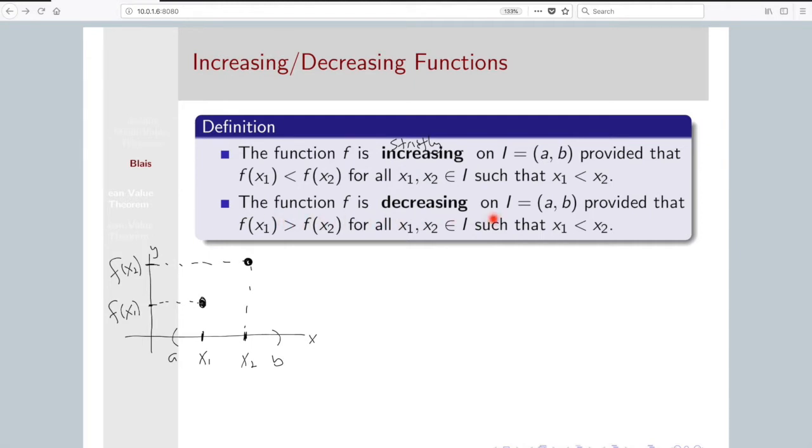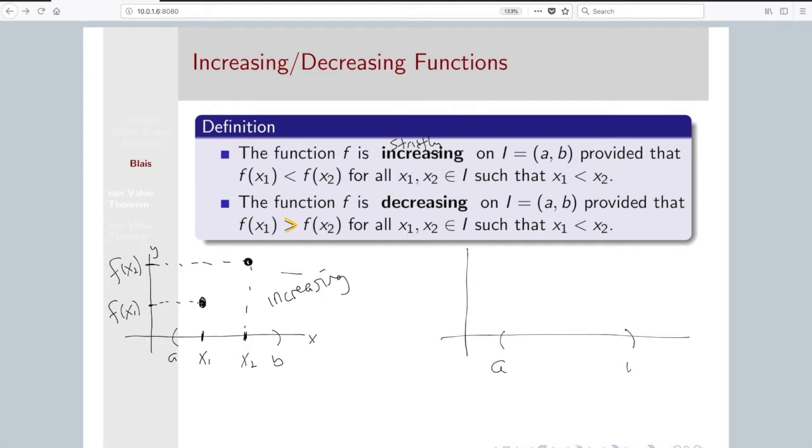The definition for a function decreasing, everything in this definition is exactly the same as the increasing definition, with the exception of this being a strictly greater than sign. So it's the reverse of this. So yeah, here's our increasing picture. And for decreasing,